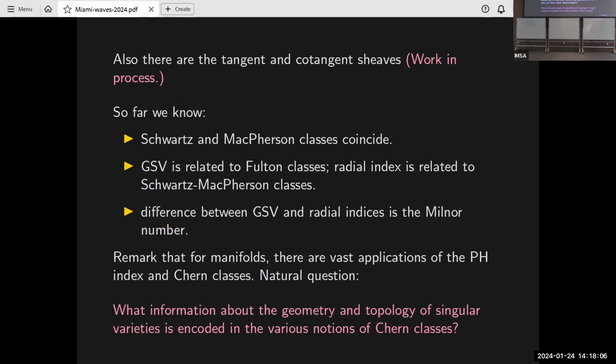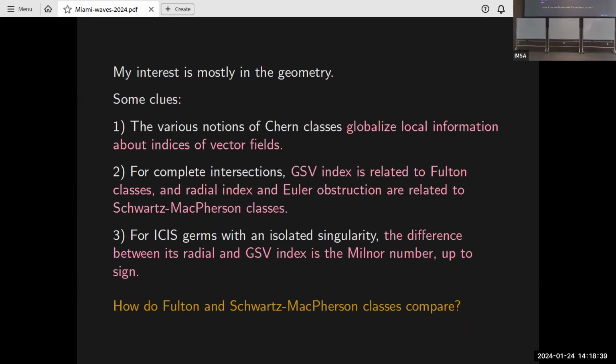And we know that for indices, the difference of these two is the Milnor number. So it is natural to ask what is the difference between the Fulton classes and the MacPherson classes. That same question arose at the same time in various settings by different people, from one point of view and from a different point of view. And this gave rise to what is called